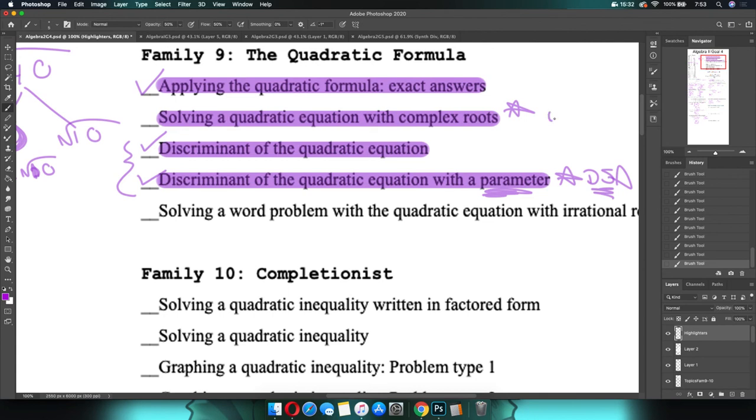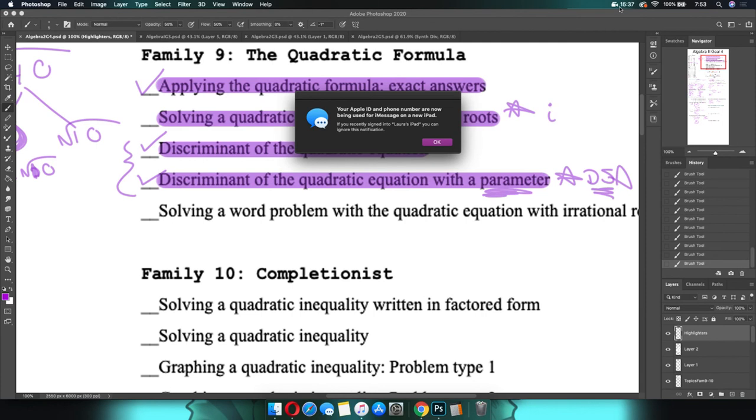Before we do, keep in mind, you're going to have the letter I in your answer, and if you have not done,